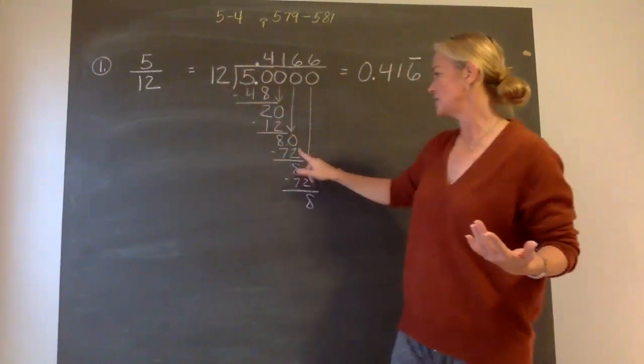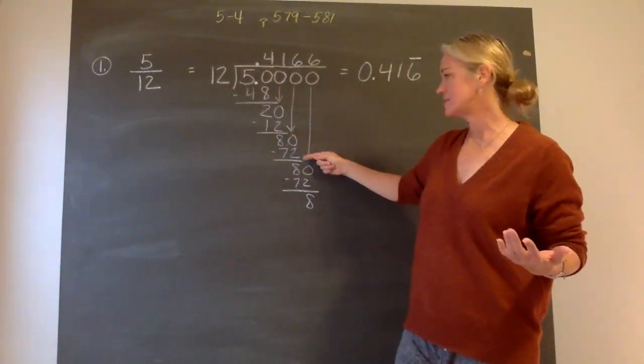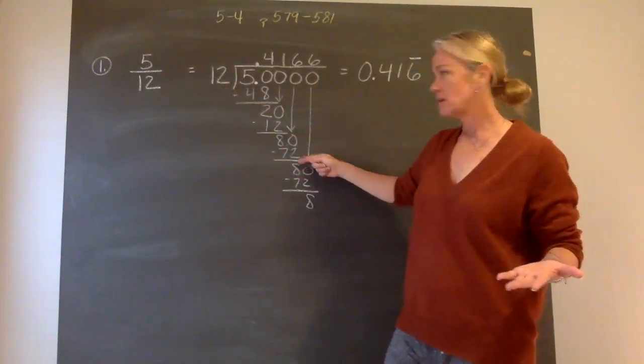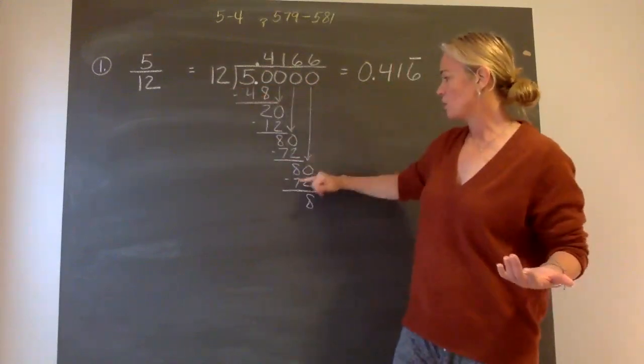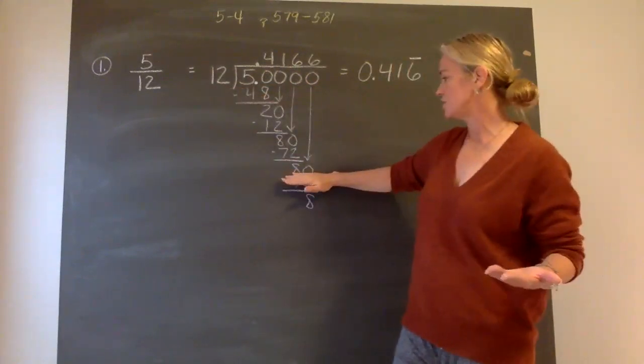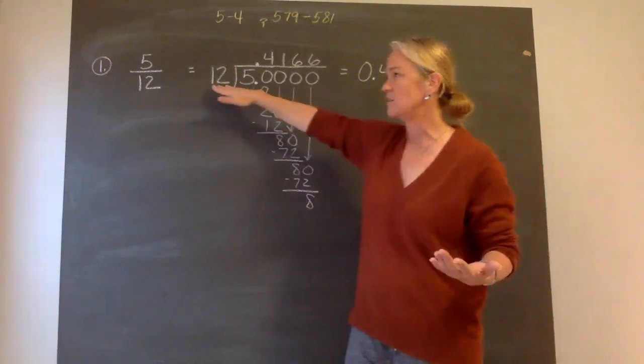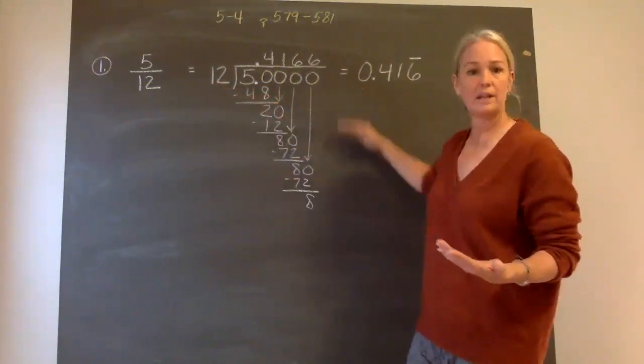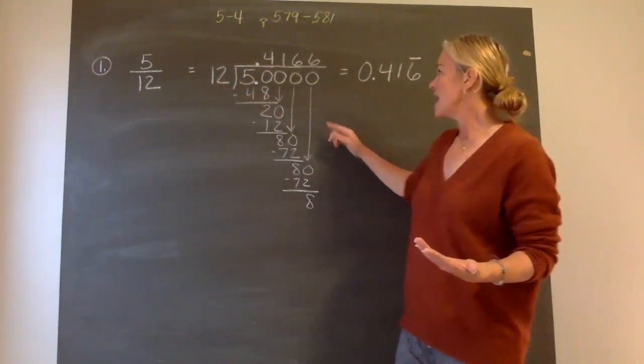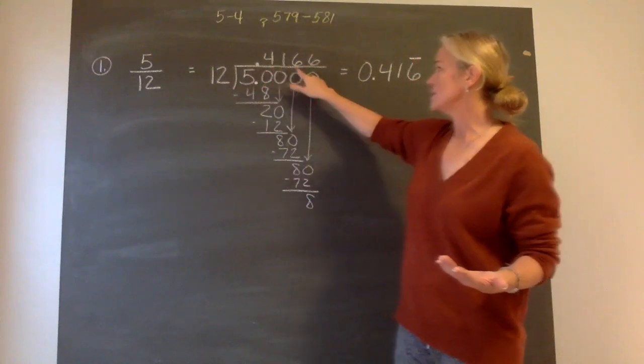6 times 12 is 72. And when you take 80 minus 72, you get 8. Less than 12, bring down the 0. Now we're dividing by 80 again. So you see what this sets up is we're going to be taking 80 divided by 12 repeatedly. Okay? That means we're going to end up with